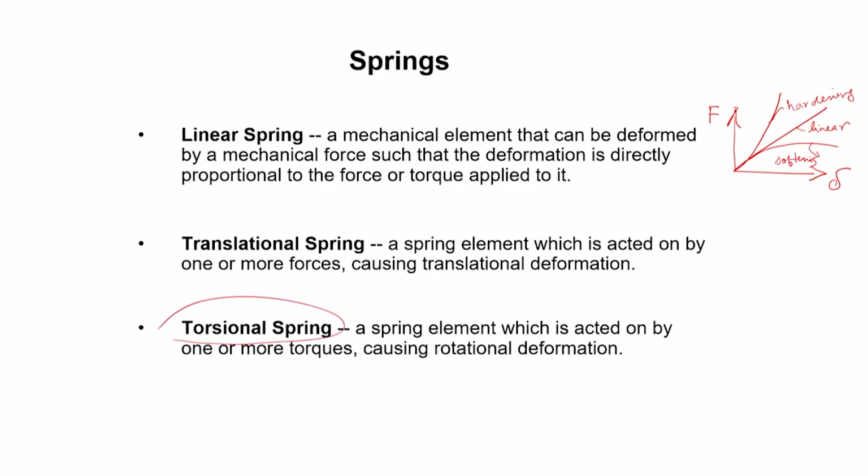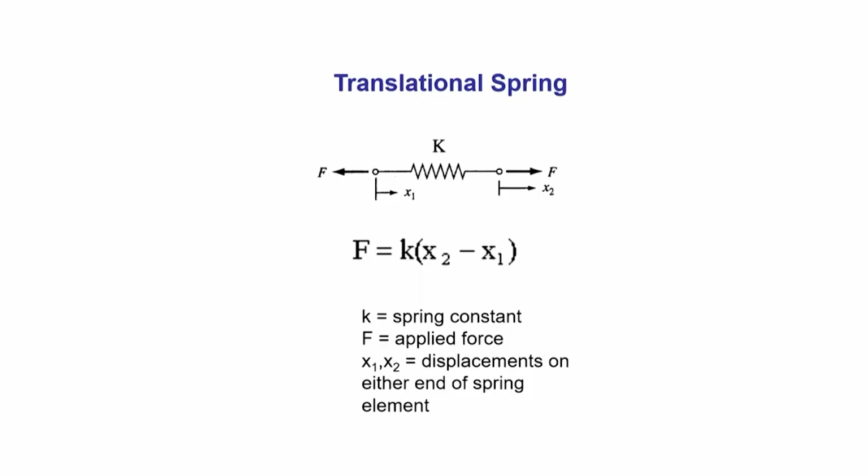like springs that are used in mechanical watches. Okay. So, that means it gives resistance against twisting. The translational springs give resistance against translational movement, expansion or contraction, whereas the torsional spring gives resistance against the torsional movement of the system. So, springs thus are an important part of our design, and a translational spring can actually be described in terms